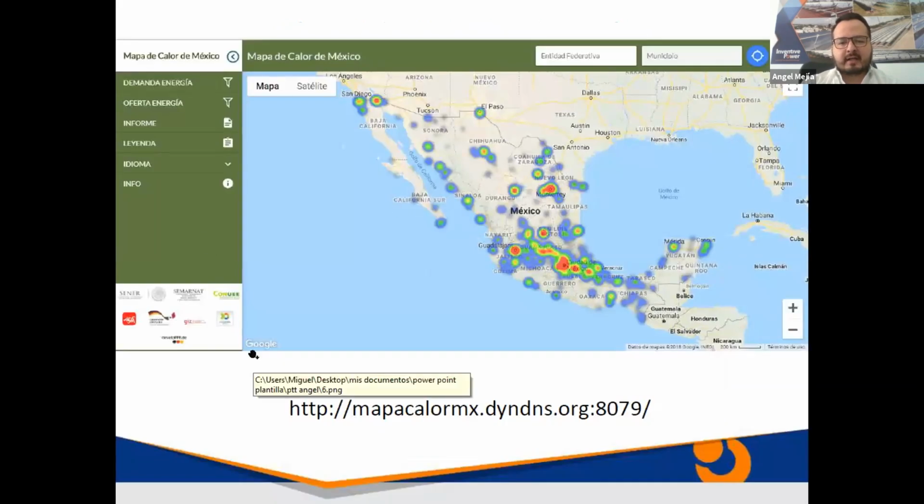About last year, there was the development of a heat map in Mexico. This map was made by several governmental entities and also by GIZ. It shows us the places in the country that consume more heat. This map is very good for our market because we can see regions in Mexico where there's the most consumption of heat. And if we zoom in on the map, we can get a very close look